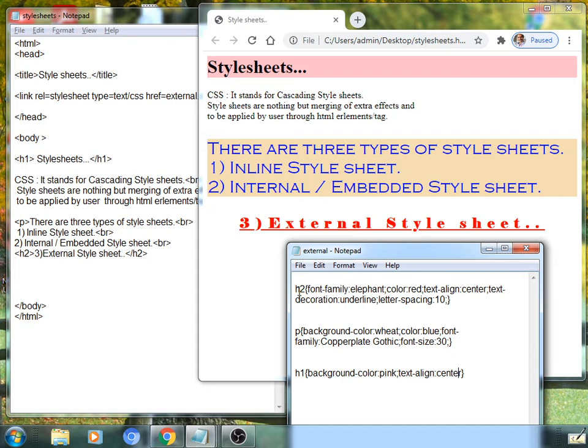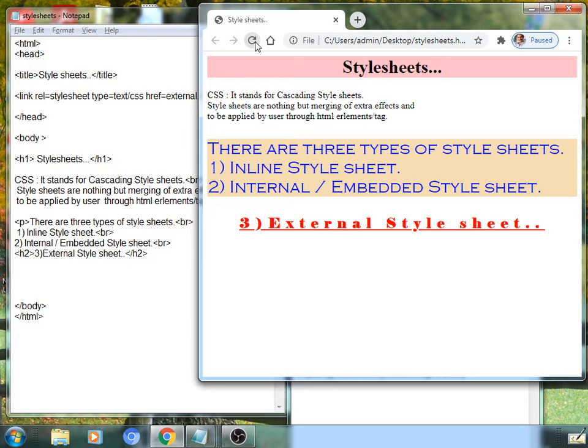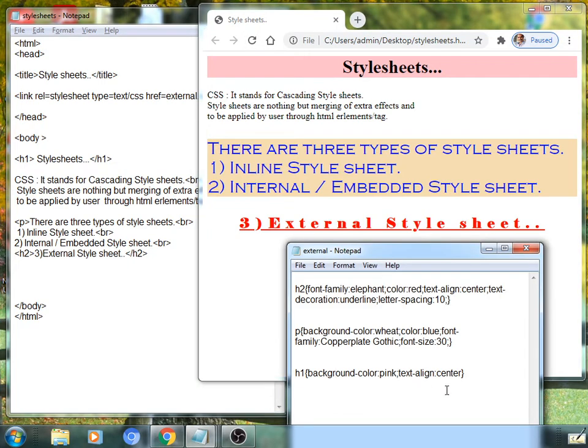This effect is applied to the text in this browser's window through the style sheet. See here, it is moved by the style sheets. You can also apply other effects, such as letter-spacing. I have given a space of 15 pixels, so each character will be located by leaving 15 pixels between each other. See here, letter-spacing.